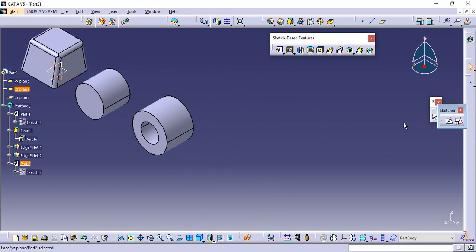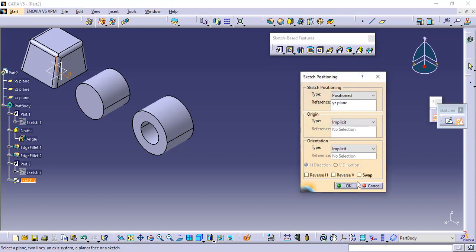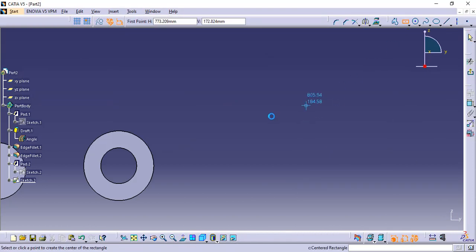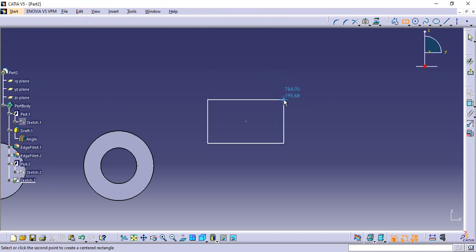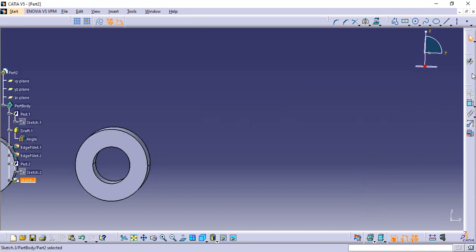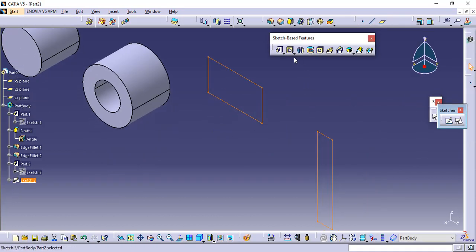So I will create one more sketch here, a rectangle, so we can differentiate. Exit. Now I'm going to select the multipad.